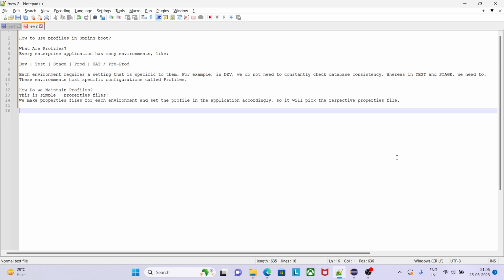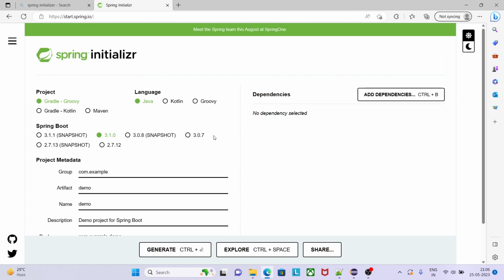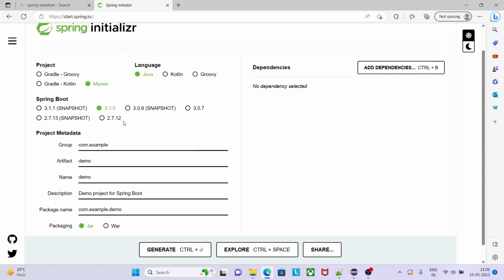So we already covered the theoretical part. We have seen what profiles are, and we have seen how we maintain profiles. Now let's go into the code part and go to the Spring Initializr website. Create a Spring Boot project. Let's say I would need Maven, language would be Java, Spring Boot version any version greater than 3, and